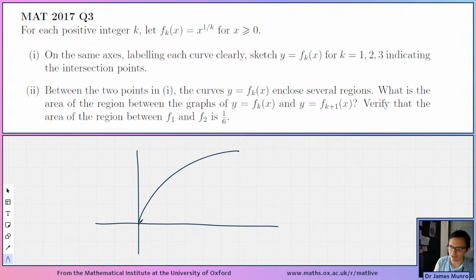So if you've got 2 of these, like this, f of k and f of k plus 1, then something you could do is to imagine that the area in between is made up of the area under the top curve, to give you all of this large area, minus the area under the lower curve. So again, we're going to have to think really hard about which area is on top and which area is below. I think that